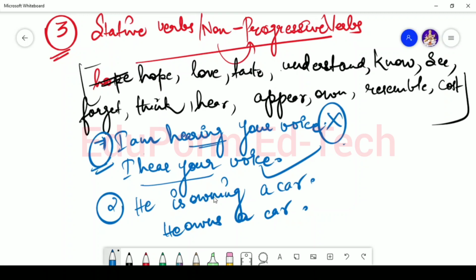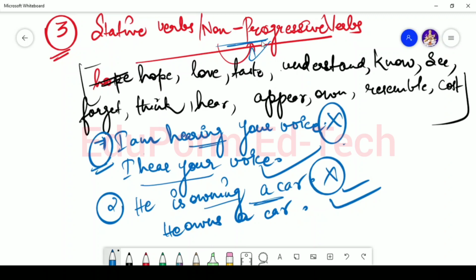तो he owns a car is the correct form of verb, while he is owning a car is the wrong sentence. Why? Because again own is a form of stative verb, it is a non-progressive verb. So the name itself suggests non-progressive, means these are the verbs which do not make use of the present continuous